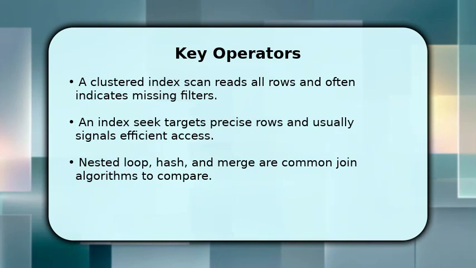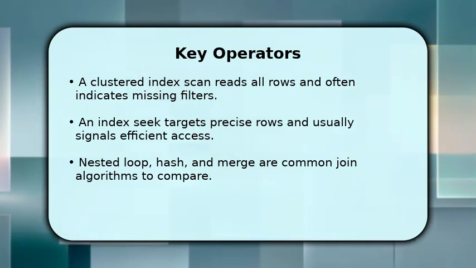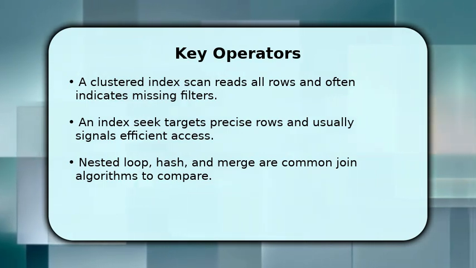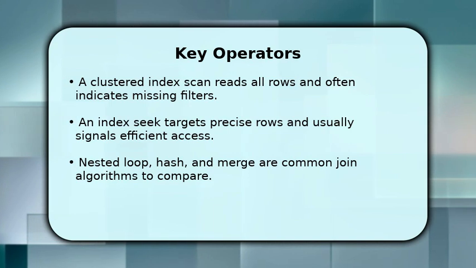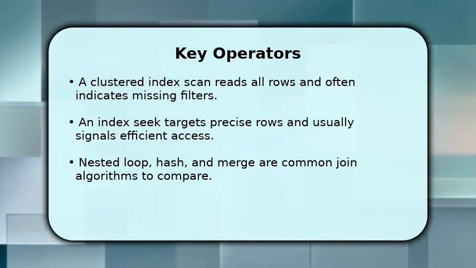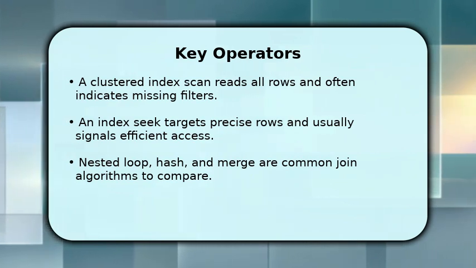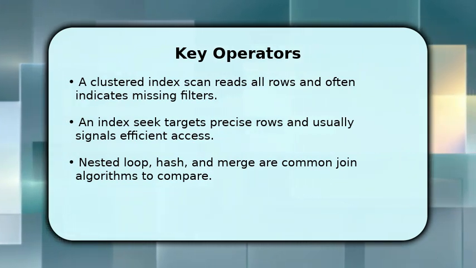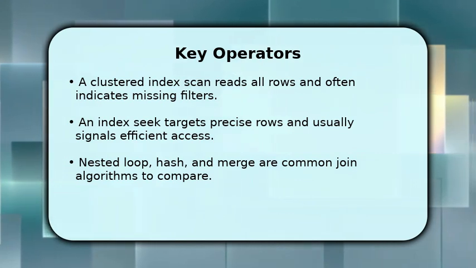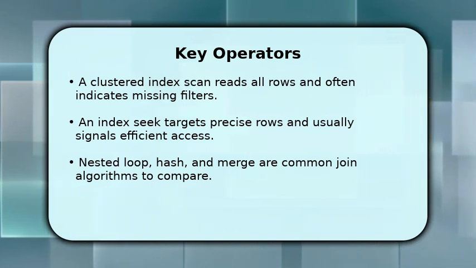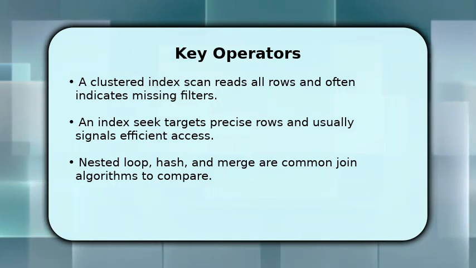In this section, we focus on common operators and what they mean for performance. Look for scans versus seeks to quickly gauge index effectiveness, and examine operator costs to find hotspots. Pay special attention to join types and their input sizes because joins often dominate cost. Use actual row counts when available to validate estimates, and trace where large sorts or spills occur to understand memory